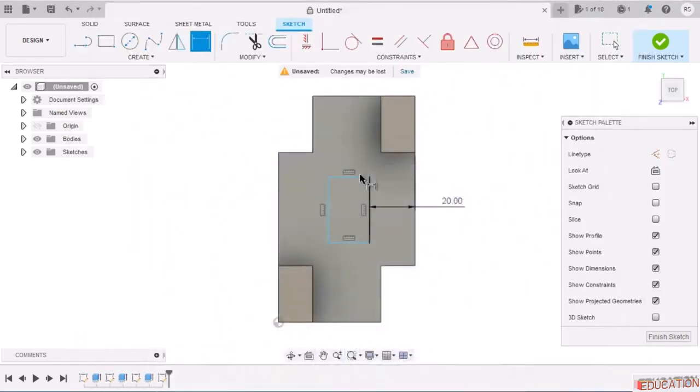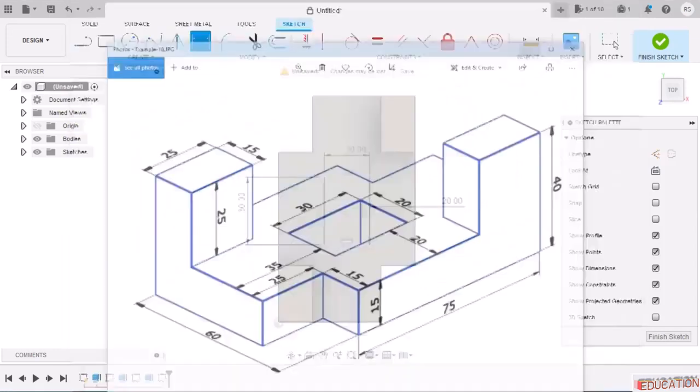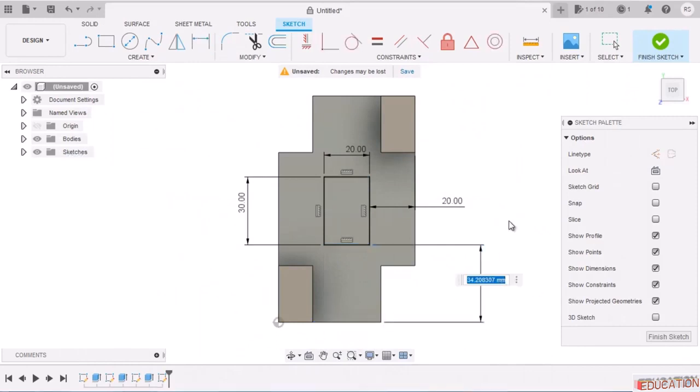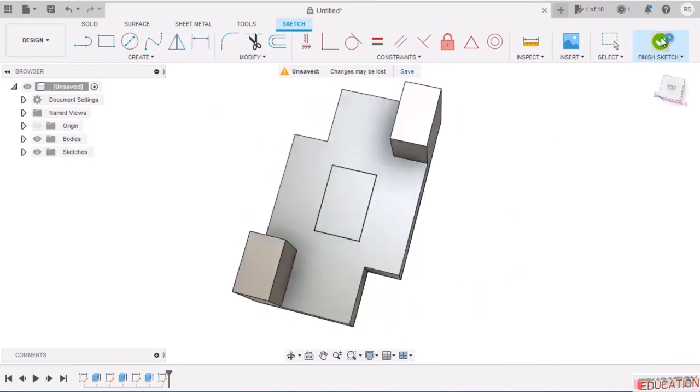Let us give that. This is 20 and this value is 30. Now we are left with only one dimension, which is this 35. We'll click this line and this line and we'll give a value 35. The sketch is fully constrained. Click on Finish Sketch,